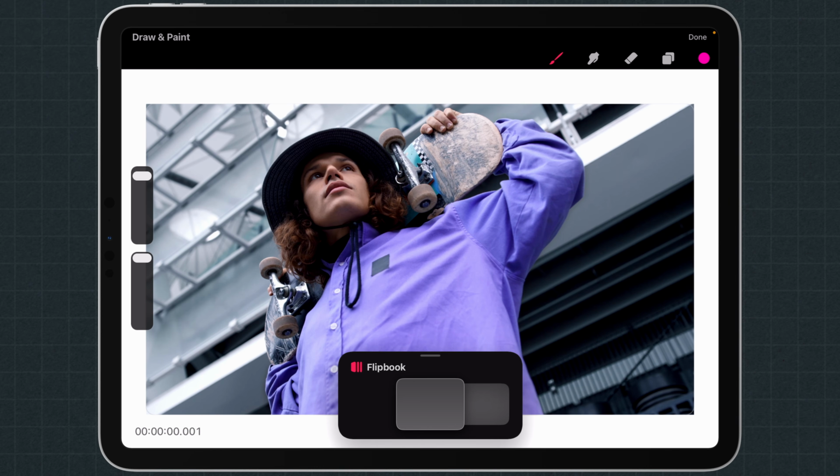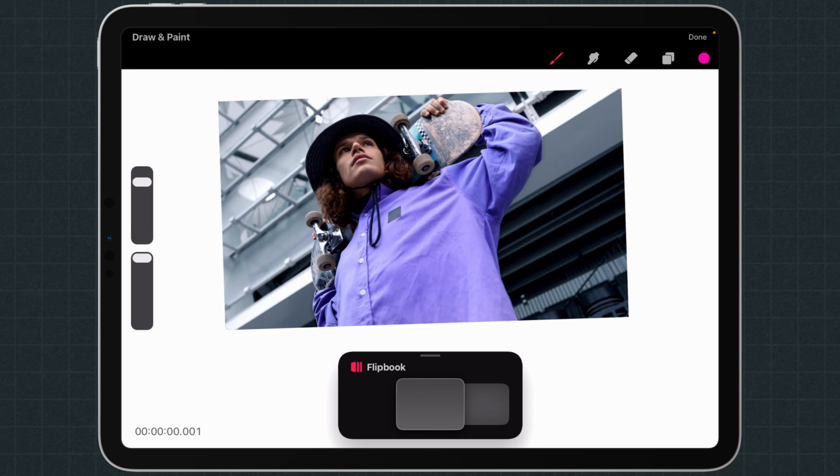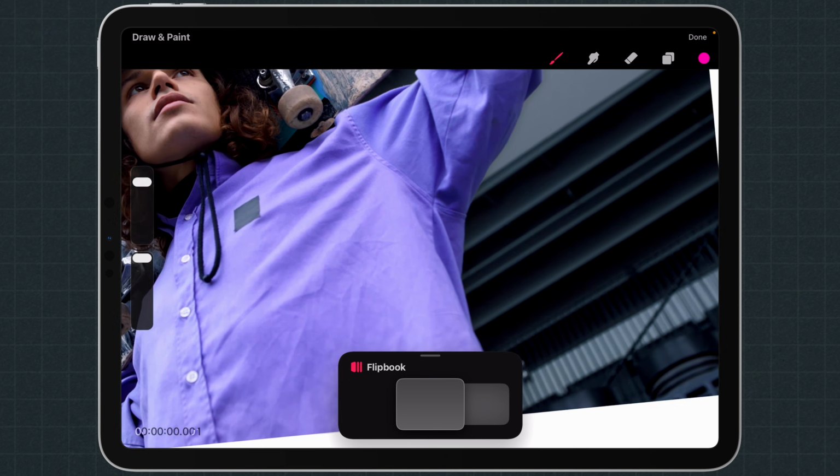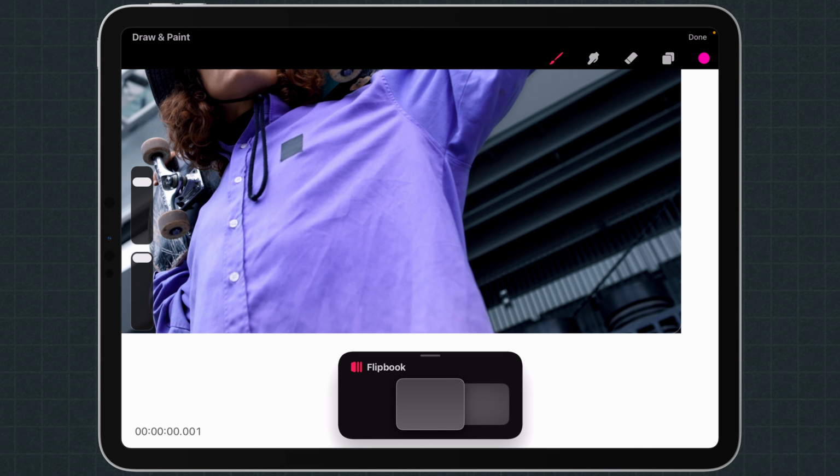And let's just see if this is the right size. Just go a bit bigger. Great. All right, so now I'm just going to, again, move with my fingers here so I can get a bit more leverage to draw. I'm just going to draw the first frame. So there we go. Move to the second frame.